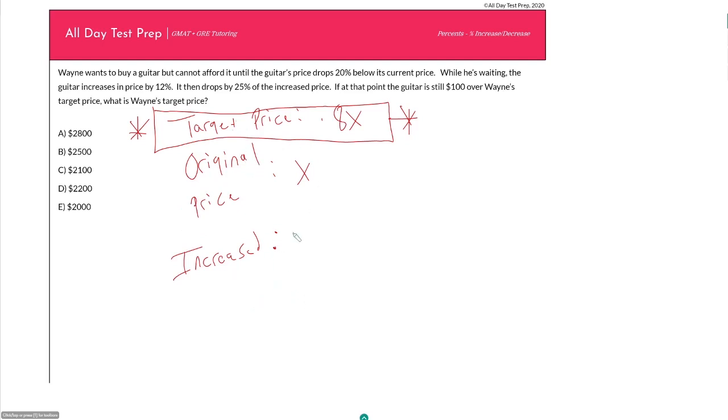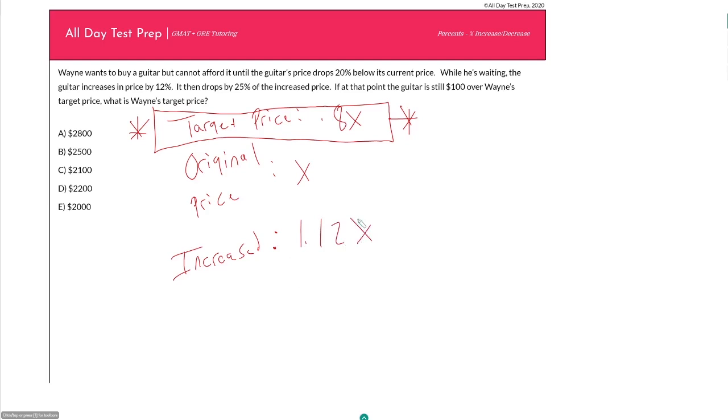But then once we make our translations and we hope that they're accurate, we then also have to go back and retrieve those translations. We have to know what each of those translations represent. And so that is where your labeling comes into effect. So our increased price is 12% of our original, or 12% increase over our original. And so that should be